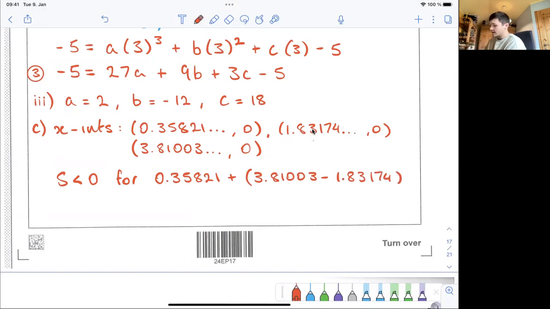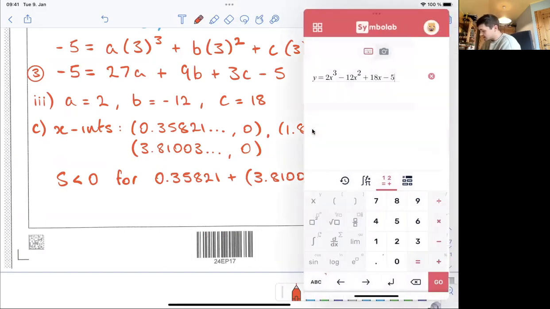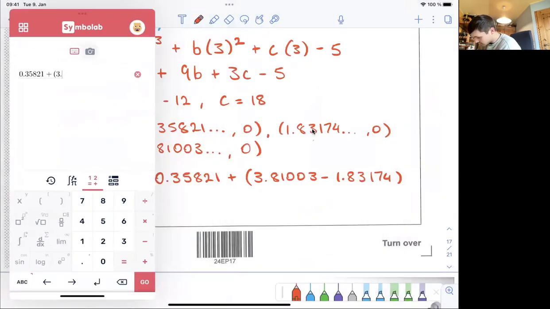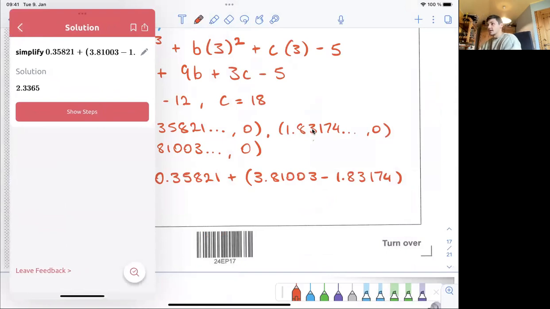Let's put that into here: 0.35821 plus the brackets 3.81003 subtract 1.83174, close bracket, equals, and that gives me an answer of